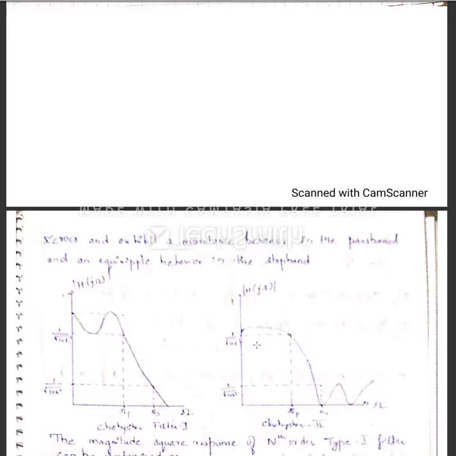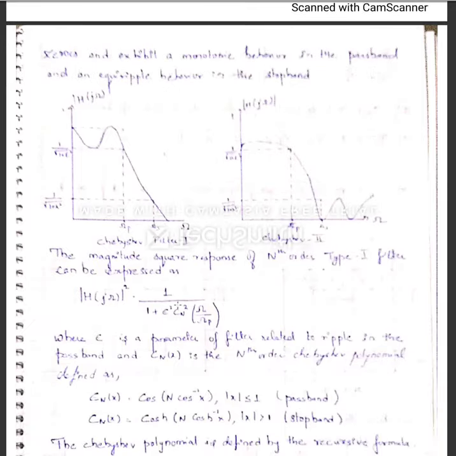When it comes to type 2, it is exactly opposite. That is, they will have a monotonic behavior in the pass band, and they will have an equiripple behavior in the stop band. That is the major difference between both. Okay, all right. So we would do the derivation for finding the order of the filter, that is capital N. For finding poles and all, I will give you the direct formula. If the derivation is required, later we'll see.